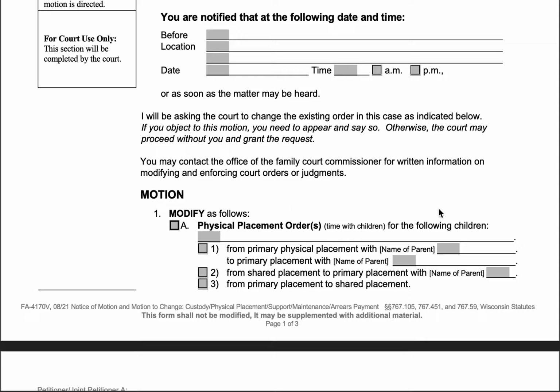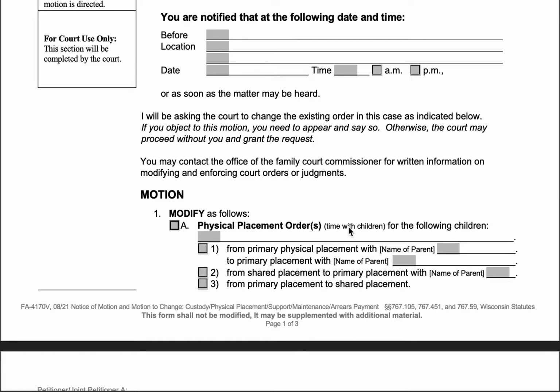Just as a brief reminder, in Wisconsin, placement deals with where the children spend time, so who they live with, when they visit with a parent they don't live with, and things like that. A lot of people get this mixed up with custody, which is decision-making power. We'll talk about that in a later video. But just keep in mind, this section you're going to be filling out if you want to change which parent your child lives with, change the schedule of when each parent sees the child, or want to deal with, say, exchanges. So when you trade off the child, who picks them up, who drops them off, that kind of stuff.